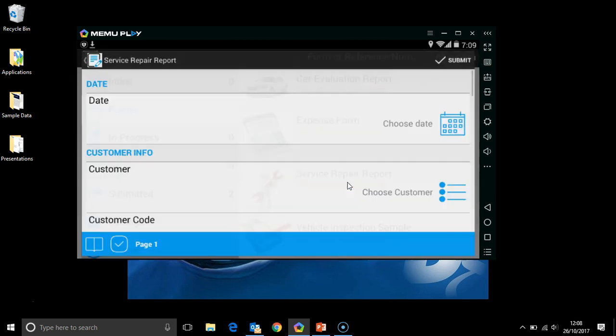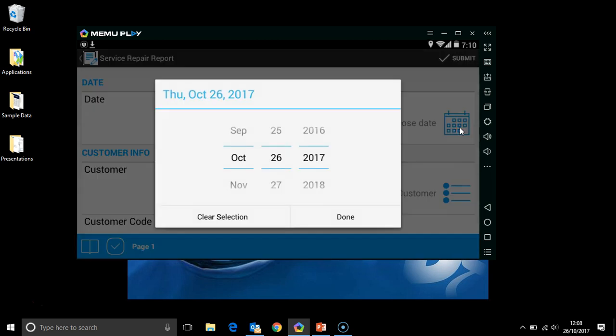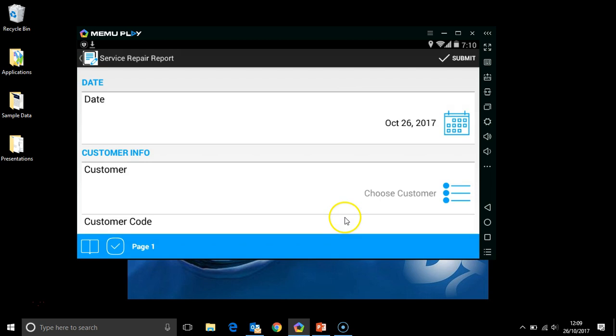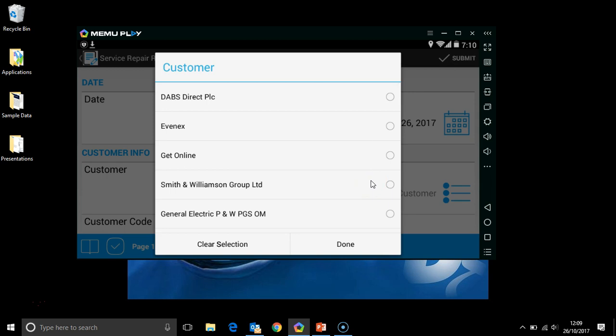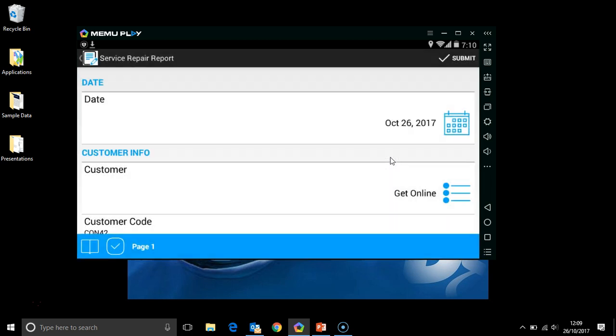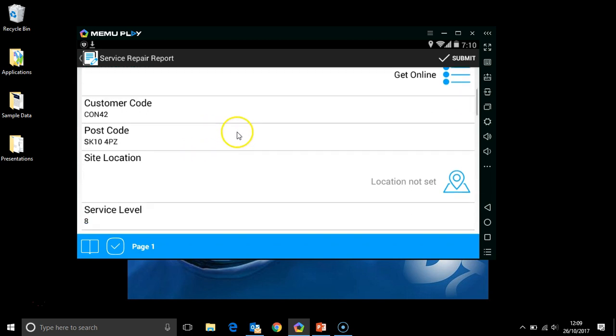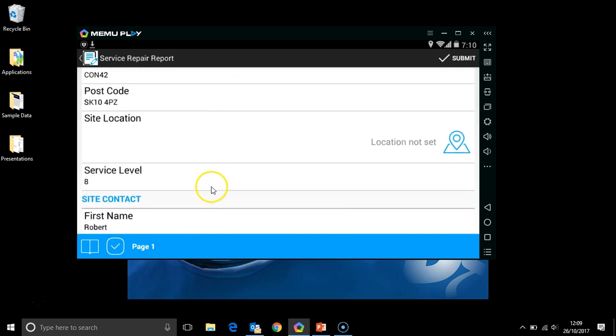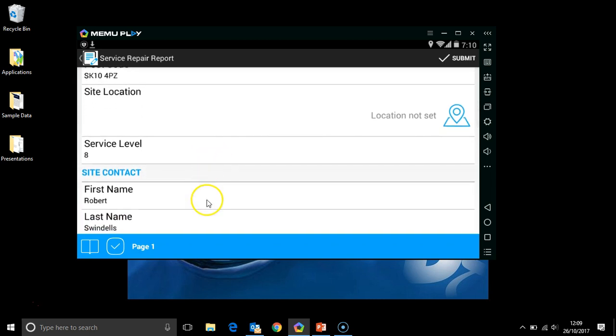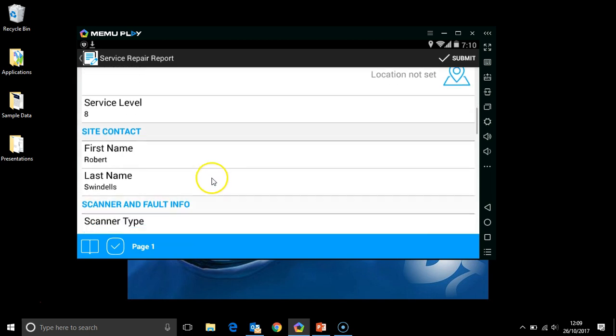So if we start a new form, we can pick a date, so obviously we're going to pick today's date here, and we're going to choose a customer. Now we're using a lookup list, so this is a list of customers that we've previously loaded to the infoForms portal, and you can also see we've brought in the customer code and the postcode along with that. And you can also see as well we've got the service level and the first name and the last name of the person